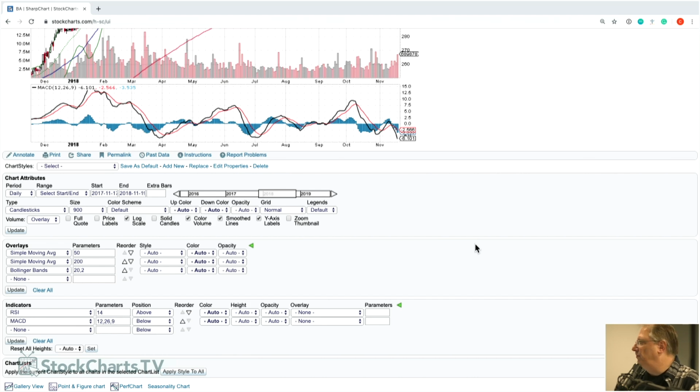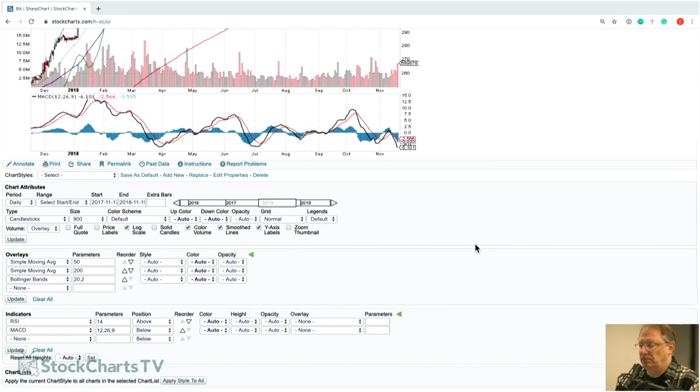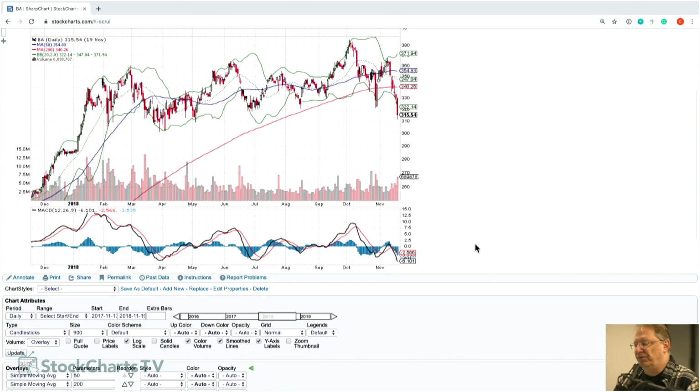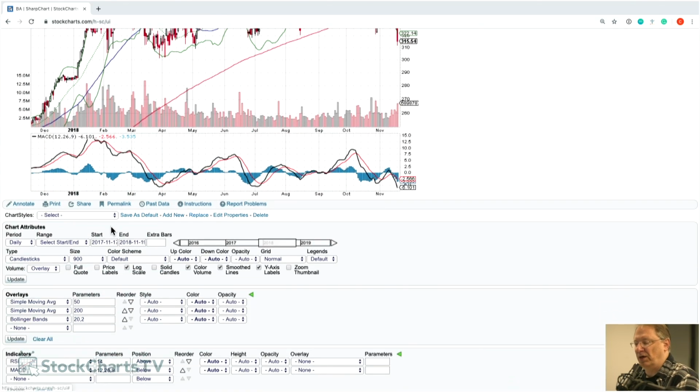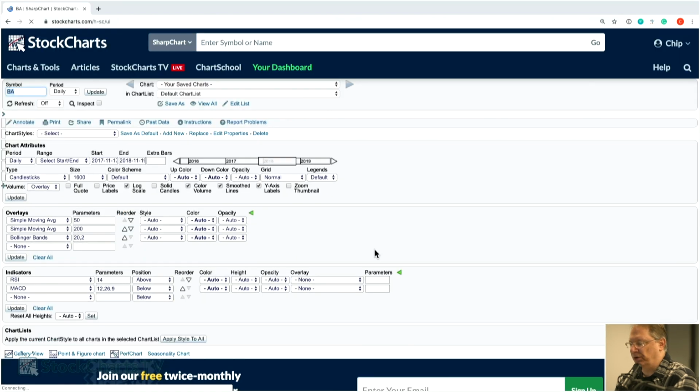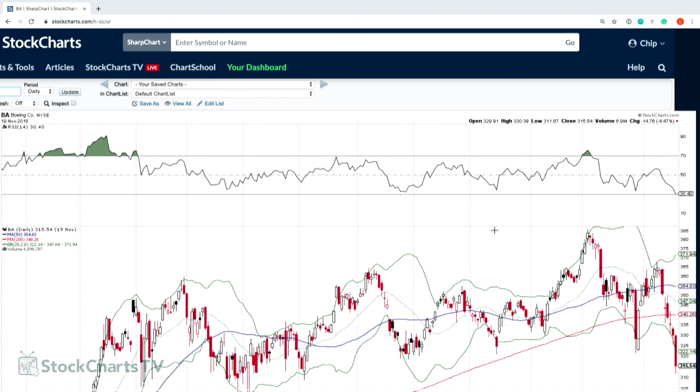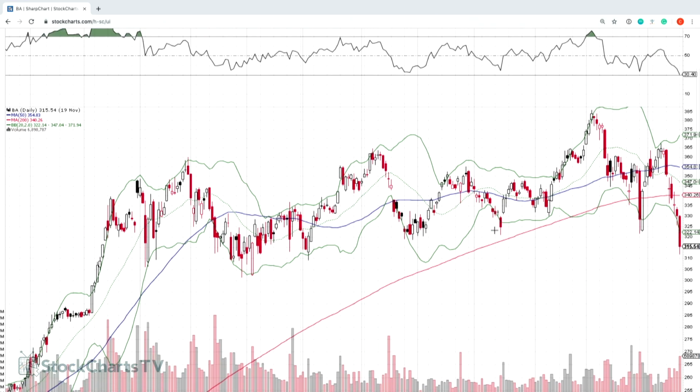Do we have a comment? Question? We have a question from Russ. He asks, how can I make my charts fill up the whole screen? So filling up the whole screen is something that SharpCharts doesn't do naturally. You have the ability to change the size, and extra members can go up to 1,600 pixels wide. So here is, boom, a 1,600 pixel wide chart